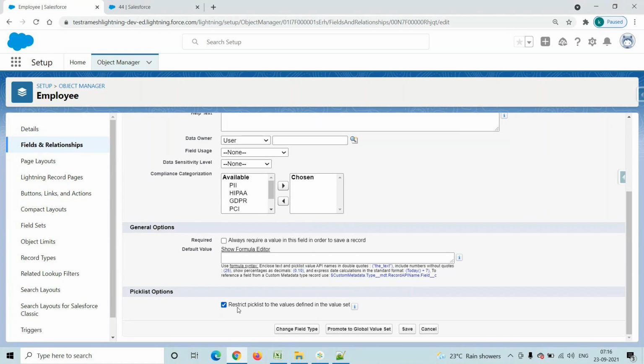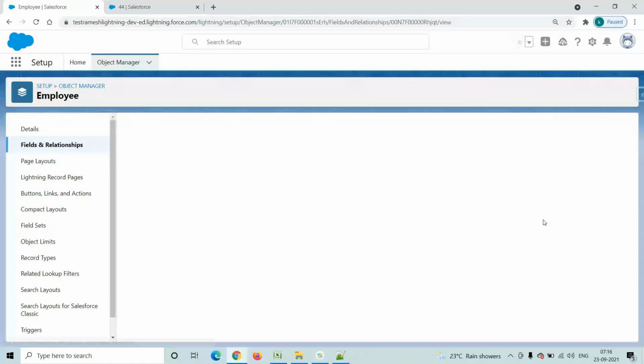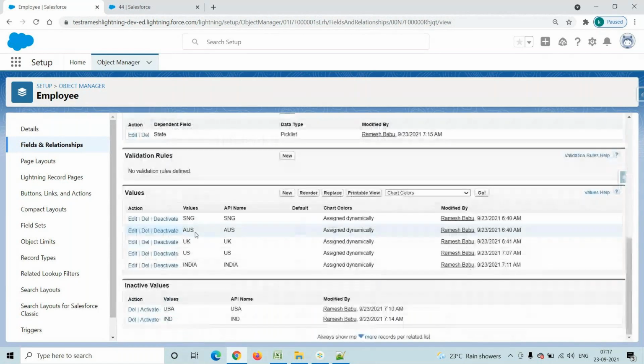Sometimes we insert the records by using programming. When we insert by using the tab, directly, there are no issues. Sometimes we insert records by using data loader, which is a separate concept we will discuss. Sometimes we insert the records in the employee object by using programming. For example, country is there, right? For country, what are the pick list values? Singapore, Australia, UK, US, India. For example, I will make it Canada. For the country field, I am trying to insert country equals Canada.